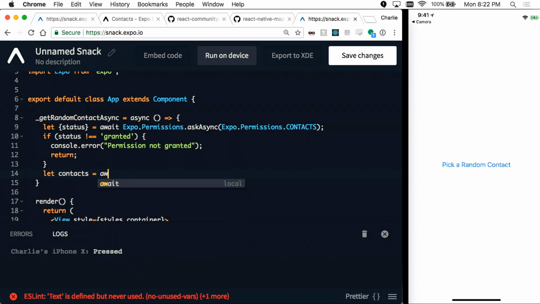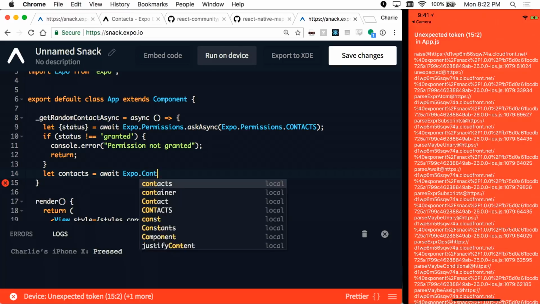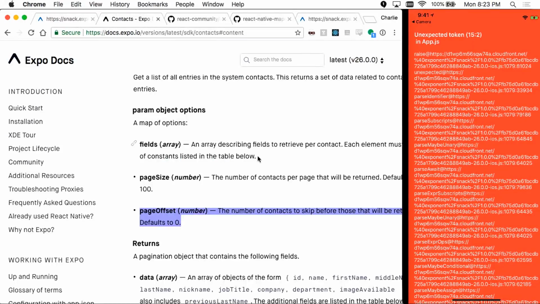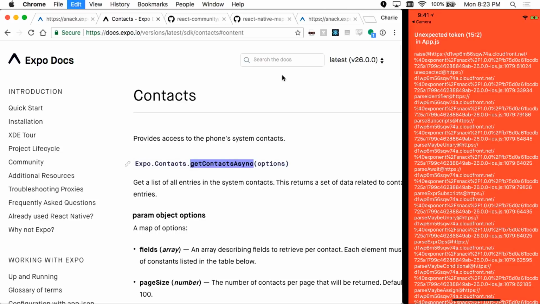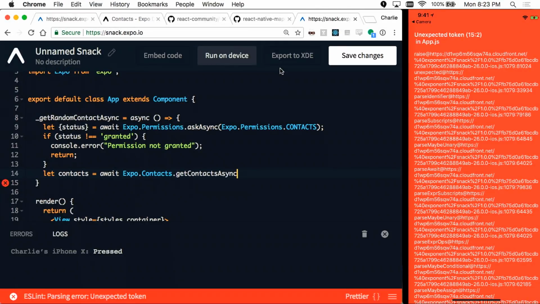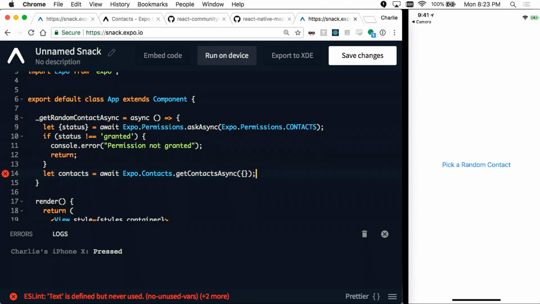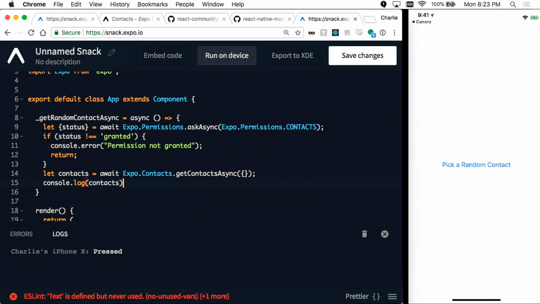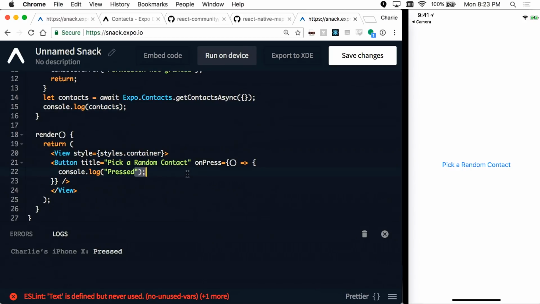So let contacts equals await Expo.Contacts.getContactsAsync, and we just won't give any options. But we'll log what the answer is, and we'll stop saying pressed. And we'll just say this.getRandomContactAsync. So now when I push this button,